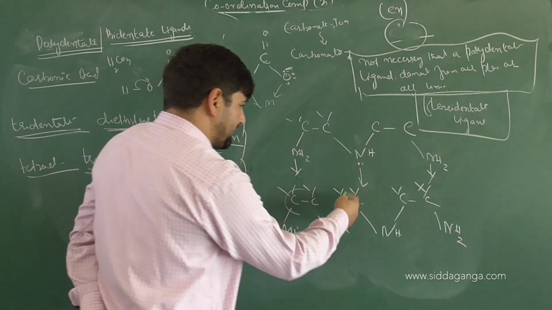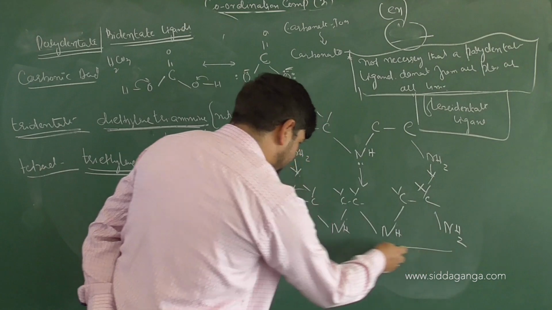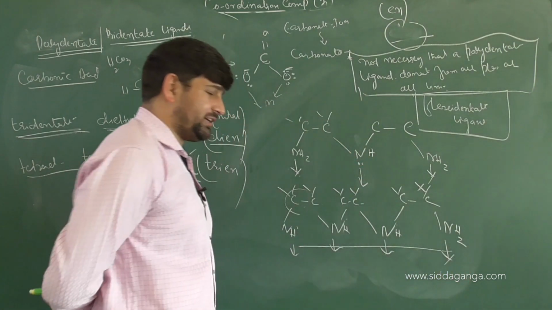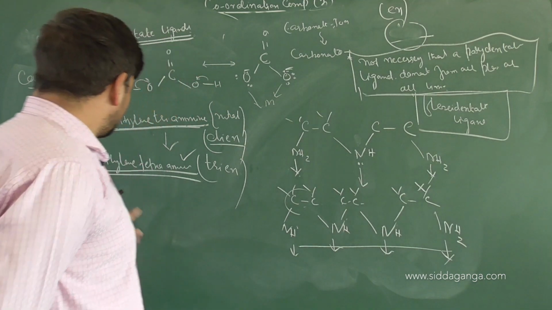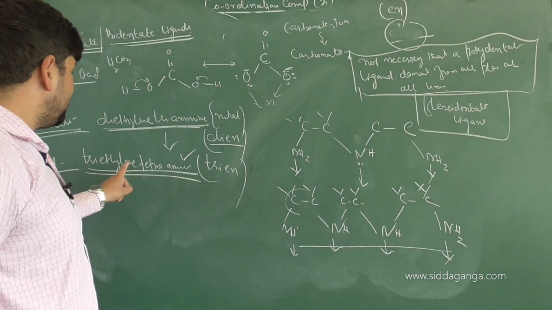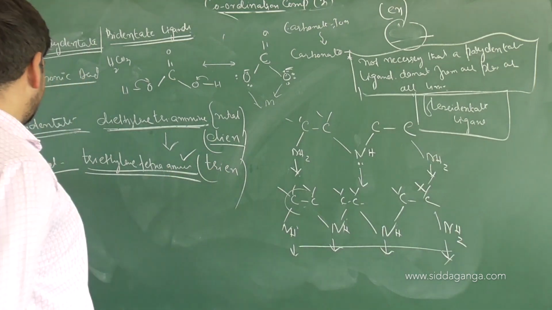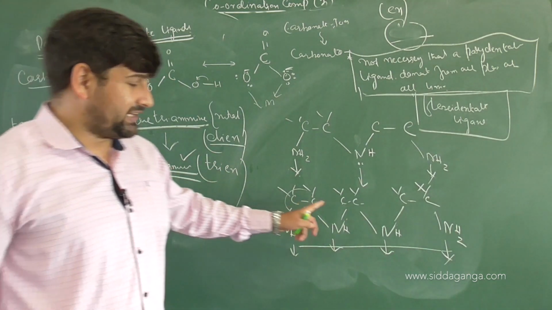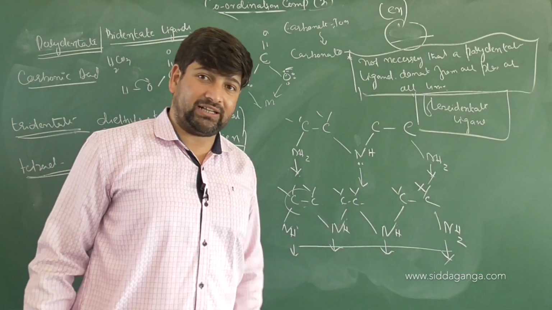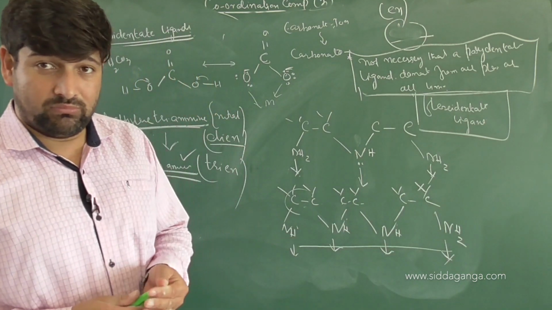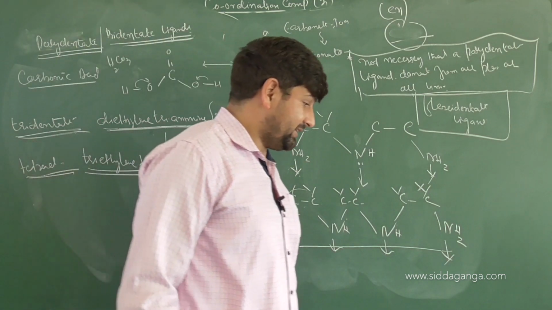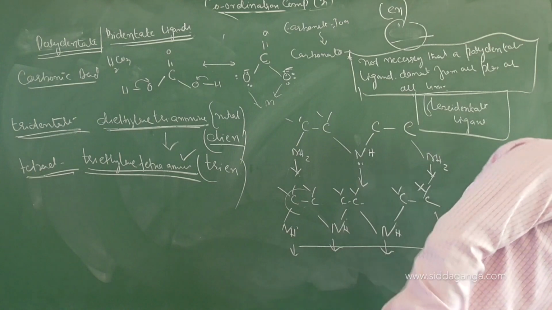So how many ethylene groups are there? 3. So triethylene tetraamine, it can donate from how many places? 4 nitrogen atoms are the regions from which it can donate electrons. So this will be triethylene tetraamine, called triene. It's one of the examples of what ligands? Tetradentate. Again I say, this tetradentate ligand definitely has the tendency to show flexible character. So those will also be called flexidentate ligands. Clear? Are you understanding it or not?